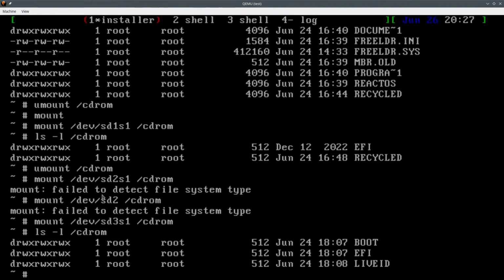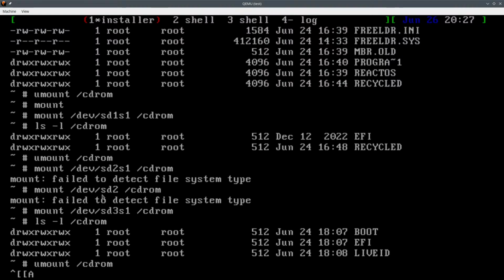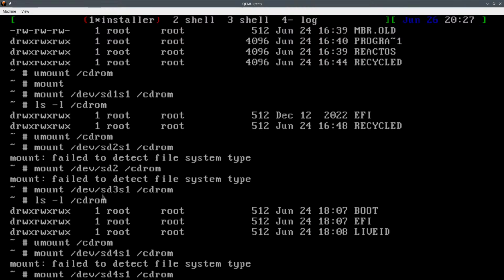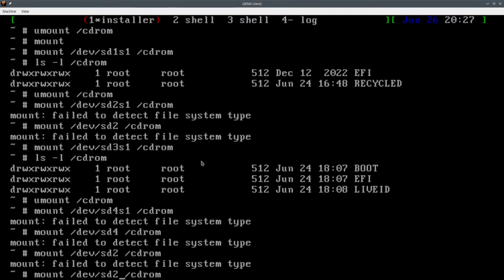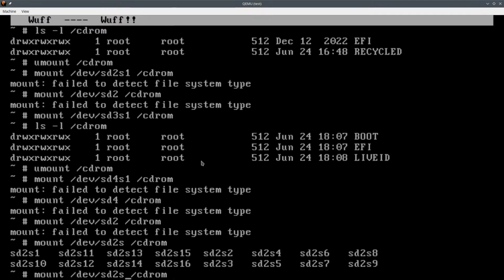Boot EFI Live CD. This is Super Grub2 Disk, isn't it? So now, yeah, apparently the problem is that it cannot detect the file system, and I guess that the one that it's on is this one, this SD2 CD-ROM. For whatever the reason it is, it's not able to detect the file system of the CD-ROM.